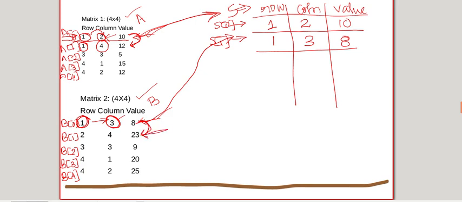Now b I have reached here, and once you have completed the copying, you will have to increment the index of sum array also. So now it is s of 2, it will point to s of 2. Next, again you will have to take the row and compare it with the corresponding A. Now here in A we are here, so compare it with 1. So 2 is comparing with 1, it is not equal.